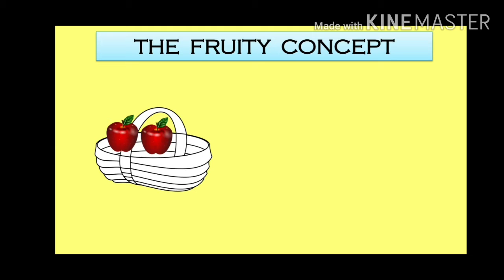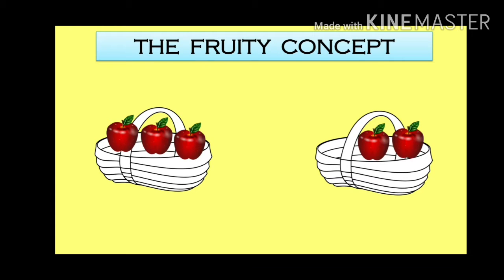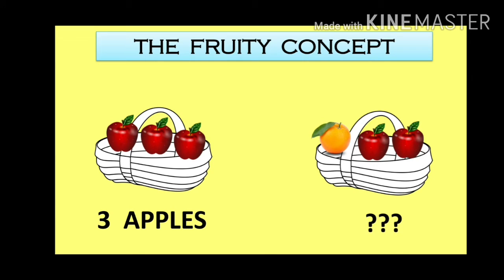Let's take a basket with two apples and put another apple into it. Similarly, let's take another basket with two apples and put an orange into it. Now in the first basket we can say together there are three apples. But can we say the same thing in the second one? Like together can we count them? We can say that there are two apples and one orange, but together we cannot say apples or oranges.